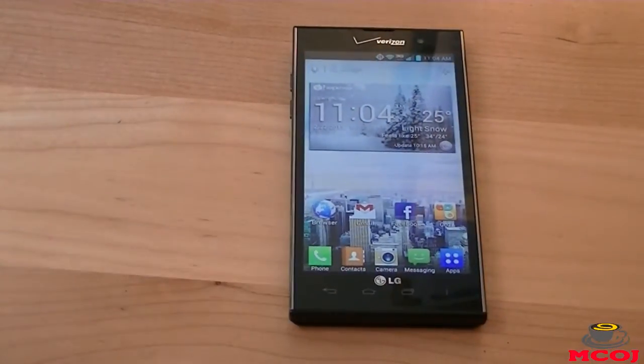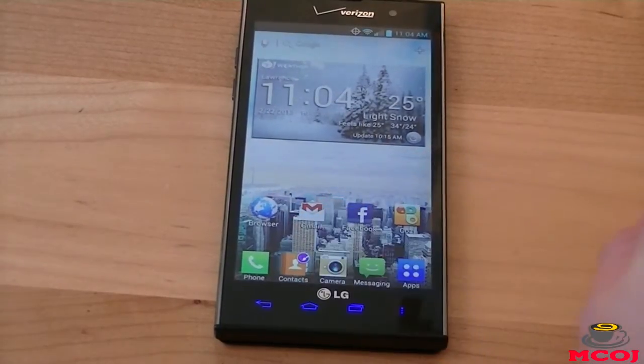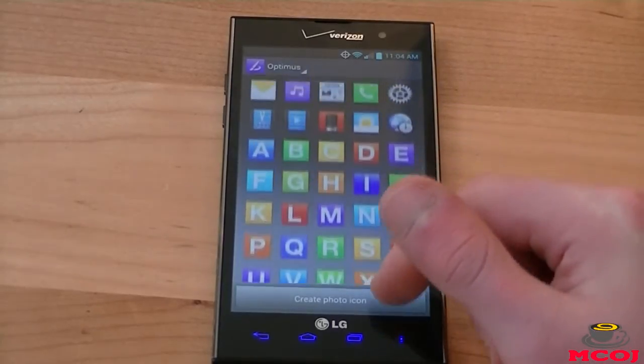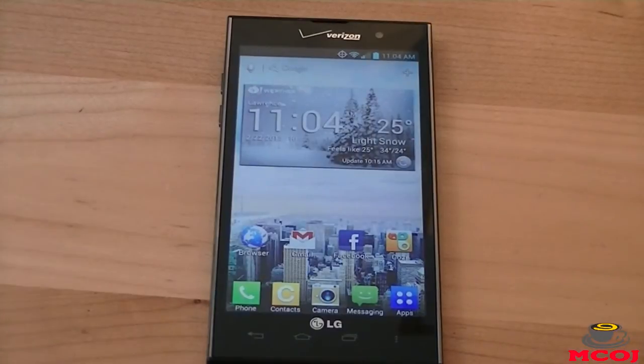So you can see, let's zoom in a touch so you can see what I mean. So say we hold down on our contacts icon, and we tap it again, we can actually change the icon of what it looks like. So let's choose C for contacts. And you can see that our contacts icon is now the letter C. While I don't know if many of you will really find this feature useful, it is nice. I am a huge fan of customization on my devices, and LG's Optimus 3.0 user interface really does allow for